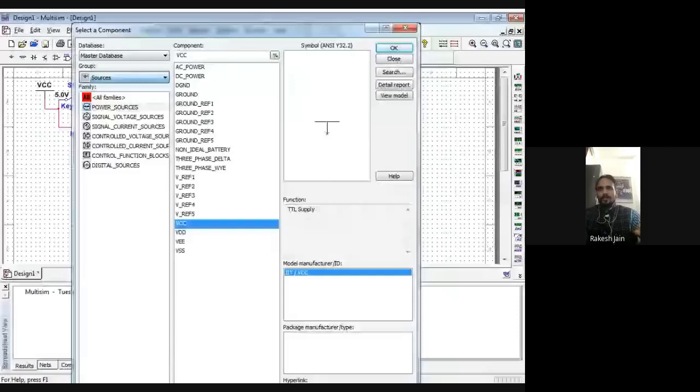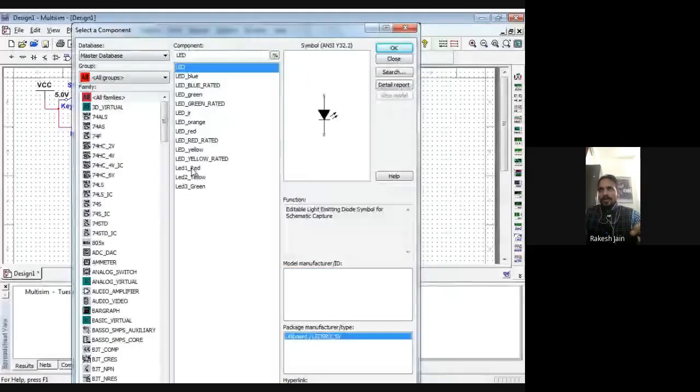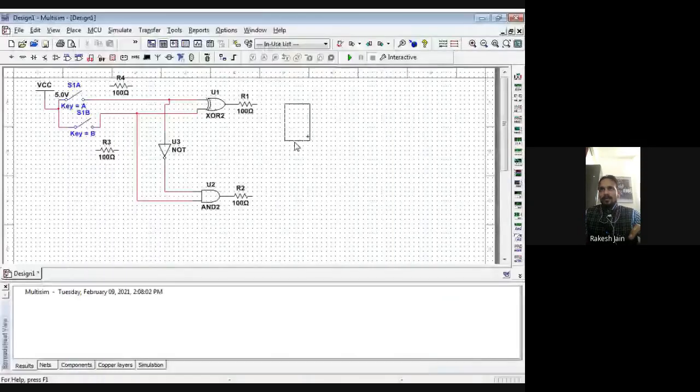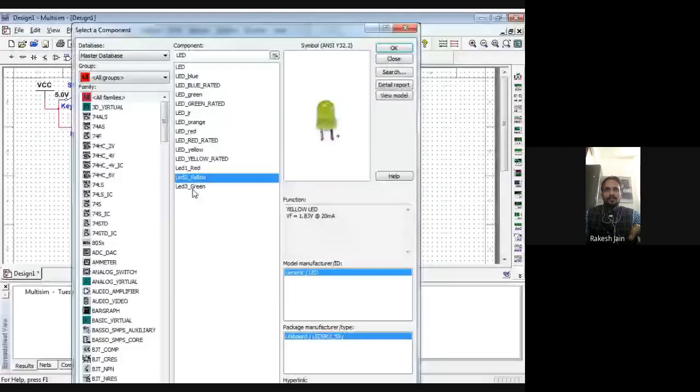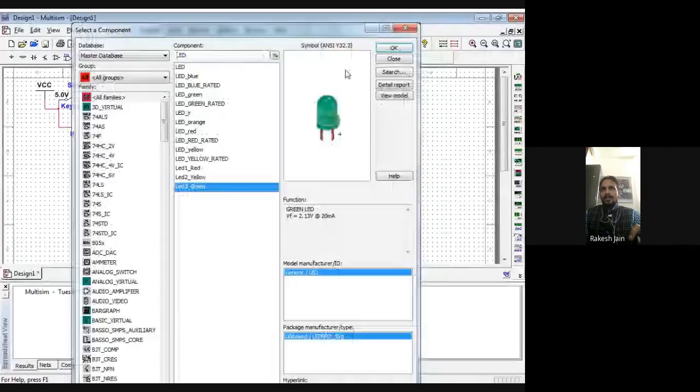Now we require LEDs, so we go to all groups, you can say all families, and then type LED. Let the two outputs be shown by a red LED for this one, and one LED yellow for this one.